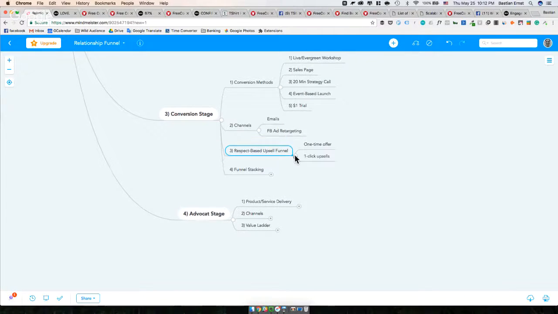respect-based upselling, okay? I say respect-based because this is a relationship funnel. This is not some general average normal sales funnel. It's a relationship funnel which focuses on relationship, and this is a respect-based upsell funnel. So you want to upsell or cross-sell your people. The way it works is once someone hits the checkout page and buys, they just pull out the credit card, and in that moment they are ready to buy. So you can, quote unquote, take advantage of that and offer them an additional product if you want. But I want to emphasize, I don't want